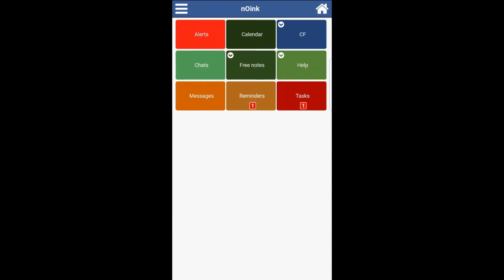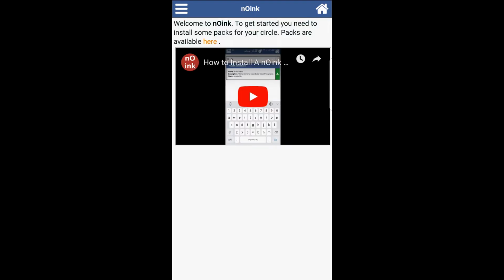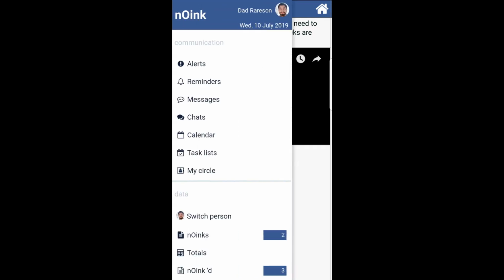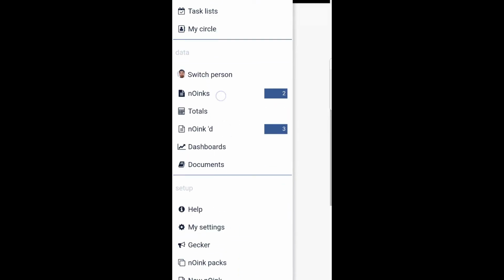We hope we have now shown a small example of the possibilities that nOink provides in managing cystic fibrosis for you or a loved one. We will now explain how to get there and start by showing you how to install the Cystic Fibrosis Condition Pack. To install the Cystic Fibrosis Pack, you simply go to the left menu here, tap on nOink Packs, which is here,